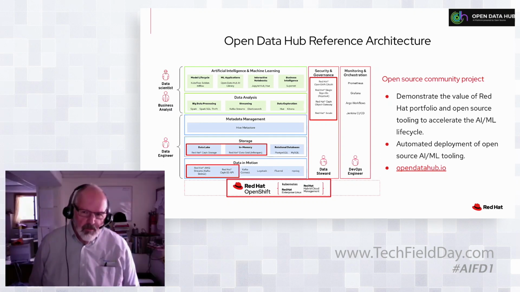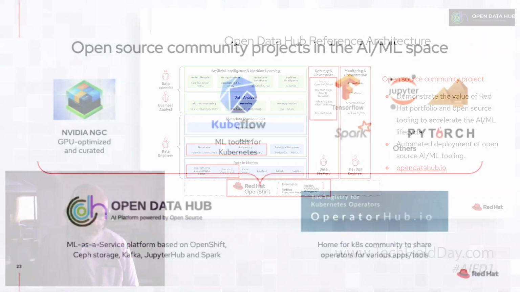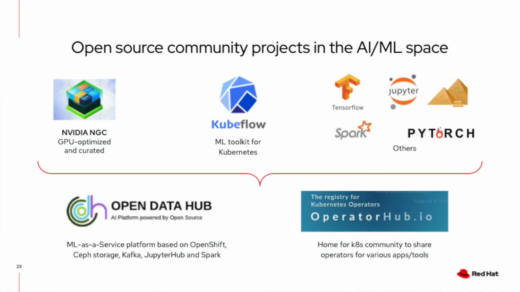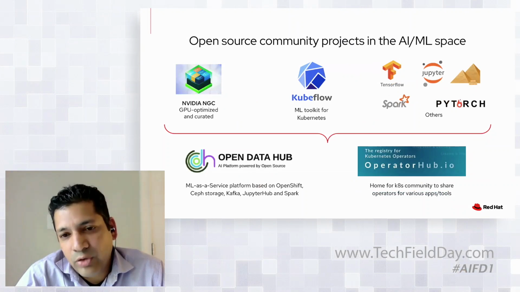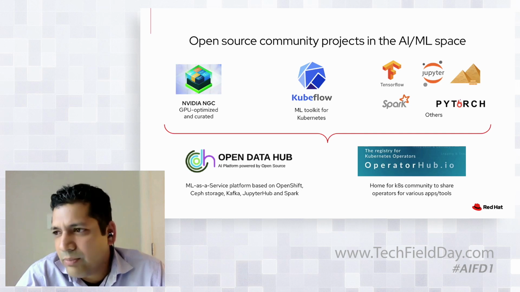So OperatorHub.io is, I'll call it, a container registry for all these tools, is that right? Yeah, so we build out a lot of the Kubernetes operators with the various ISVs. If it's an open source one, they put the operators in there. Those are all the community operators that have been built by the various ISVs. If you go in there right now, I think it's got more than 100 operators in there.